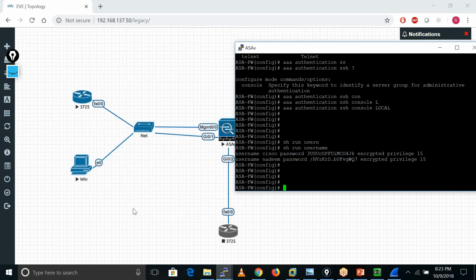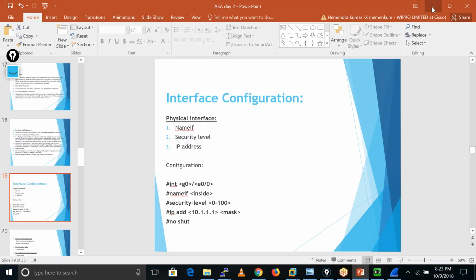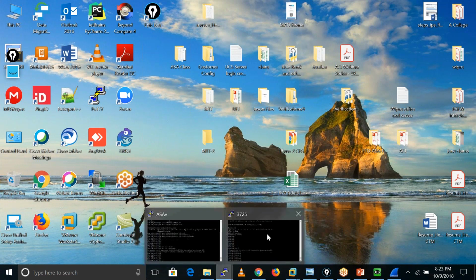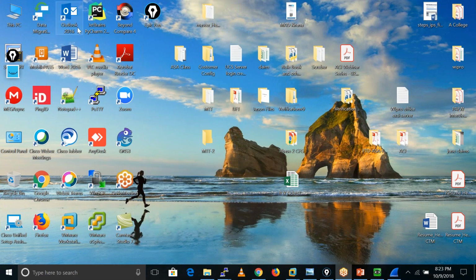Let me show you one more thing. Right now I used this router to get SSH. This time I will use my PuTTY, which people usually use to get SSH.